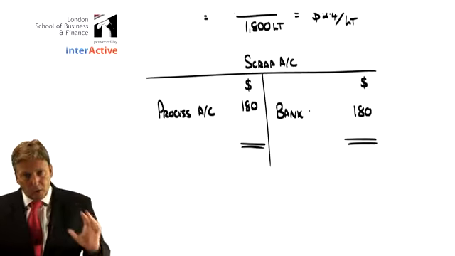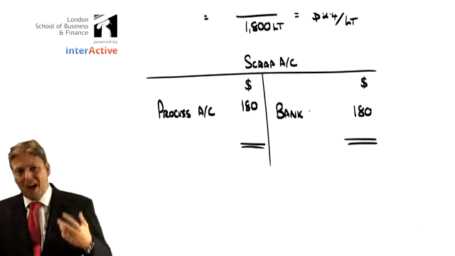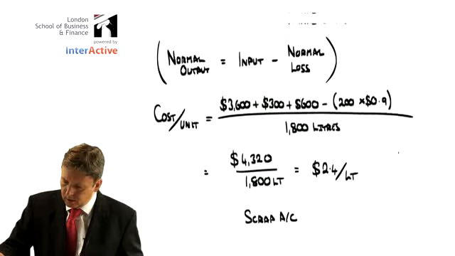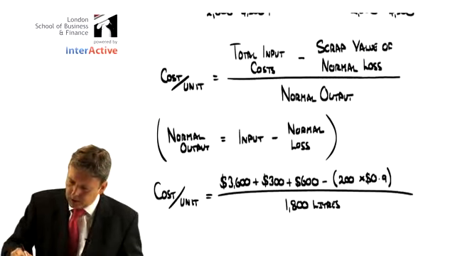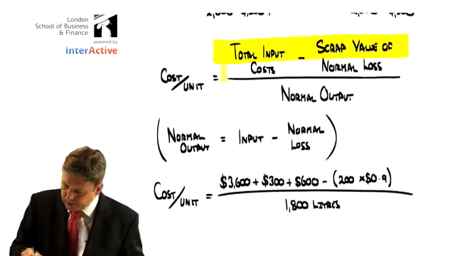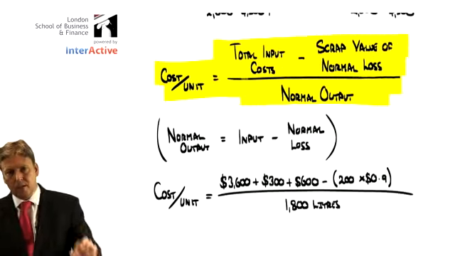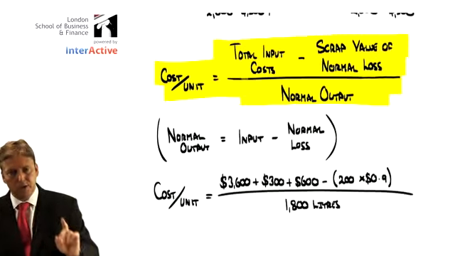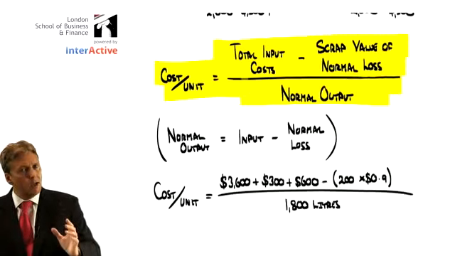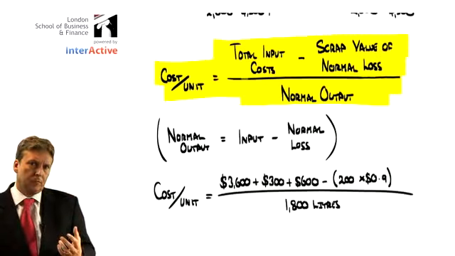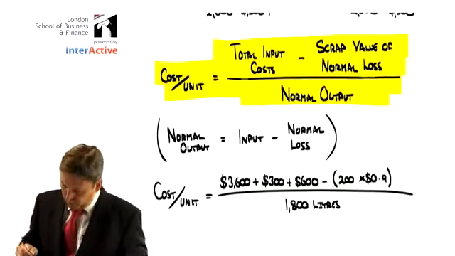Okay, we've got to a position now where we know how to do the basics of process costing. The key working we already have in front of us. Because with the simple process costing questions, it will never get more complicated than that. If you can calculate that cost per unit, you are home and dry. Now let's go back and think about other things that may arise. So if we go back to what we were discussing before,